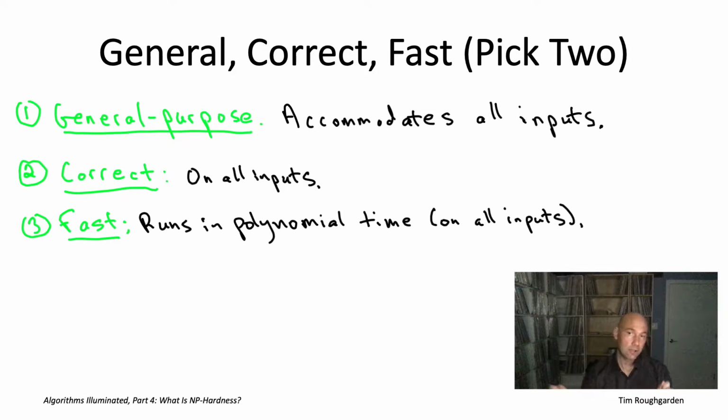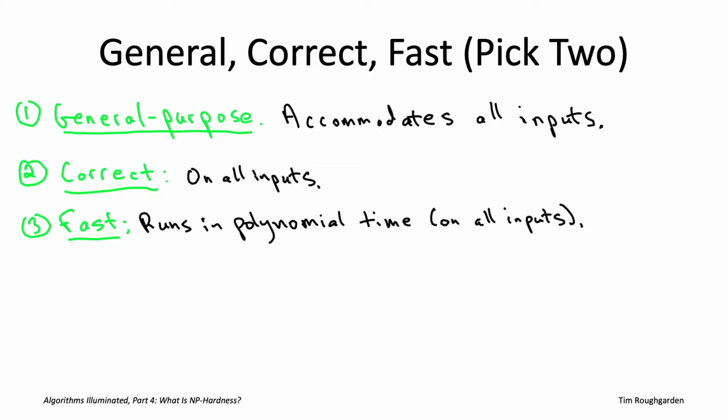And then later, the next 2 batches of videos in the playlist corresponding to chapters 20 and 21 are deep dives on the latter 2 types of compromises. So a deep dive on how to compromise on correctness and a deep dive on how to compromise on worst-case polynomial running time. As always, our focus is going to be on powerful and flexible algorithm design principles that are applicable to a wide range of problems. As always, you should take these principles as a starting point and run with them, augmenting them with whatever domain expertise you have for the specific problem that you need to solve.